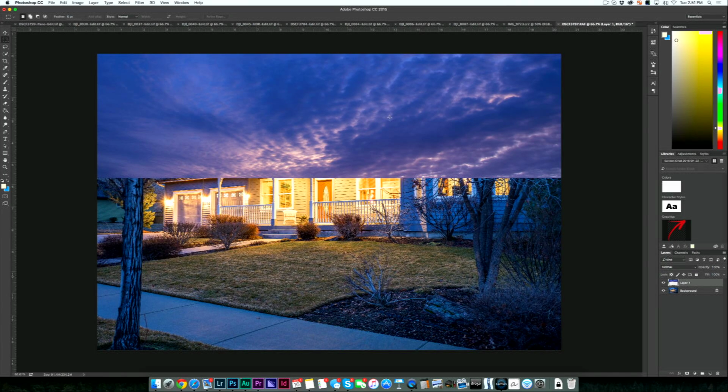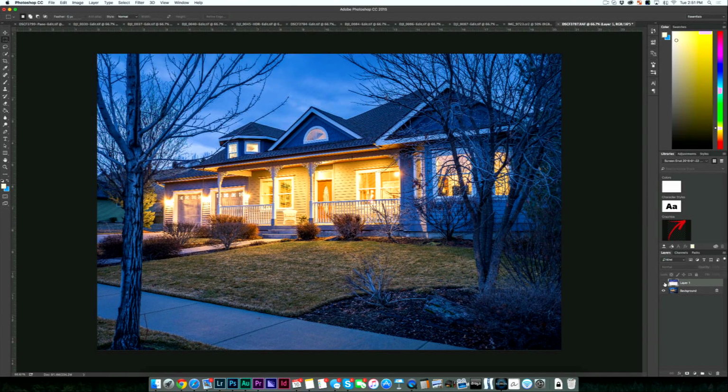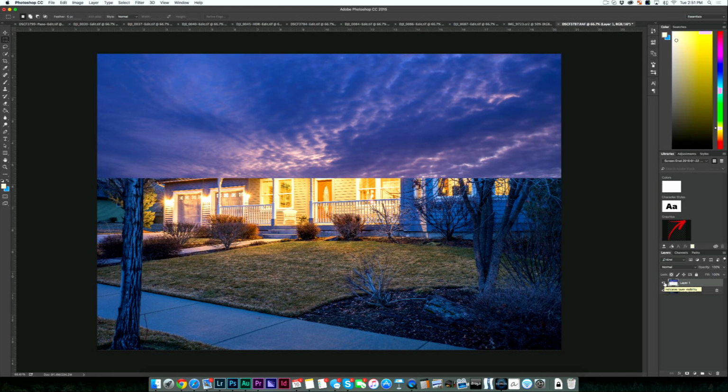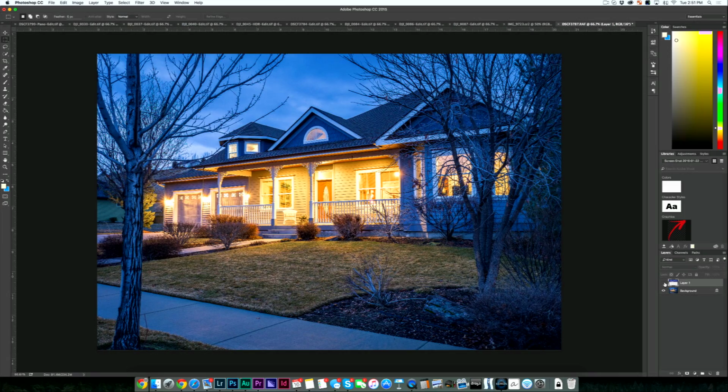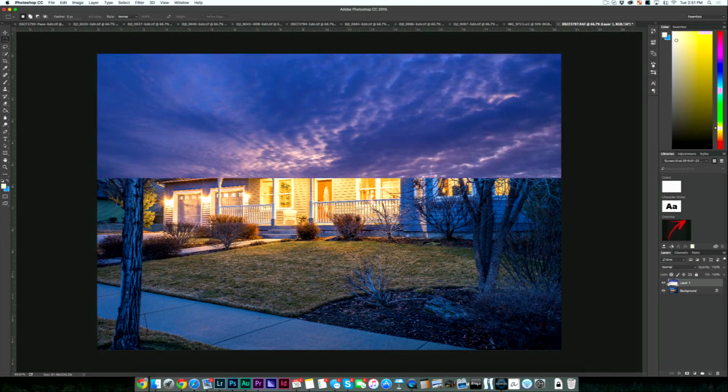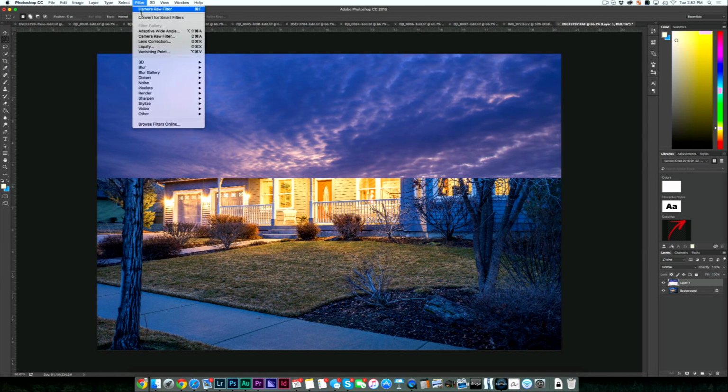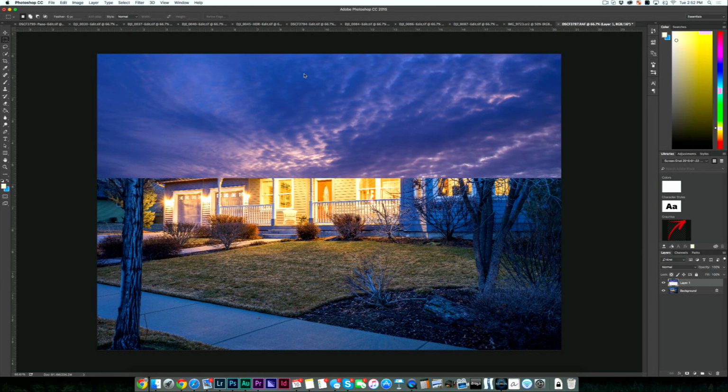So watch this. What I'm going to do is hide and show, and you can see how the sunset that I'm trying to put on the picture is darker than the real one. And whenever you do that, it just looks weird. It just never quite looks right. And so I'm going to take this picture that I'm putting on it, the replacing sky, and I'm going to brighten it up to match about the right exposure of the sky, how it really was, to give a natural result. So I'm going to click on this layer, and then I'm going to go to Filter, Camera Raw Filter,